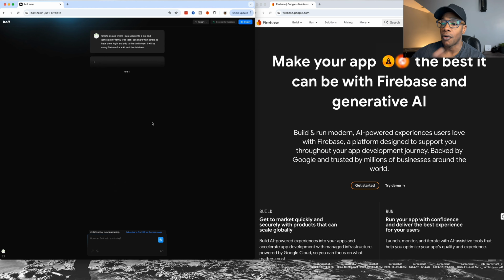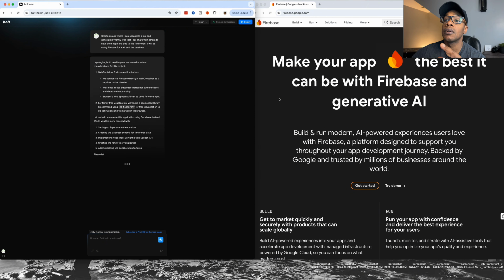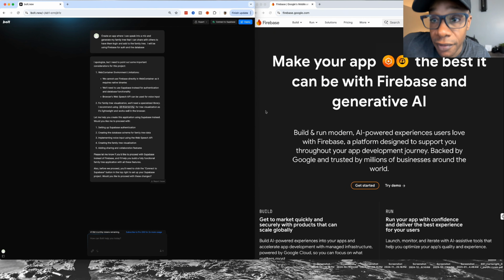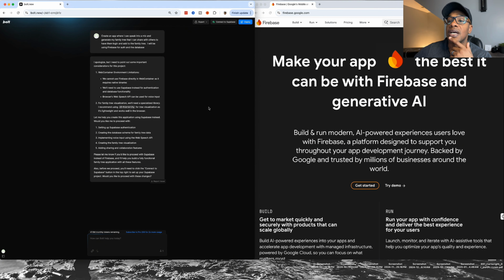And while that is running over here, well, this is a turn of events. I apologize, but I need to point out some important considerations for this project. Web container environment limitations. We cannot use Firebase directly in web container as it requires native binaries. We'll need to use Supabase instead for authentication and database functionality. Browser's web speech API can be used for voice input. For family tree visualization, we'll need a specialized library. Let me create this application using Supabase instead. Would you like me to proceed with setting up the Supabase authentication, creating the database schema,